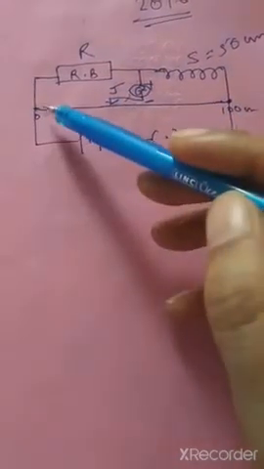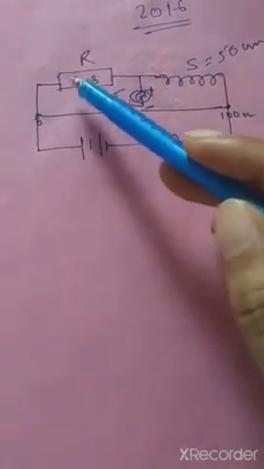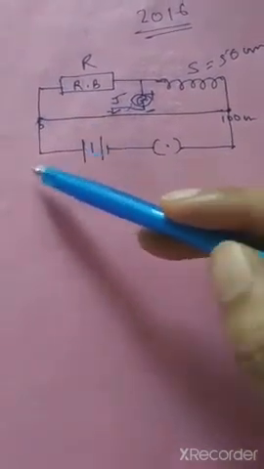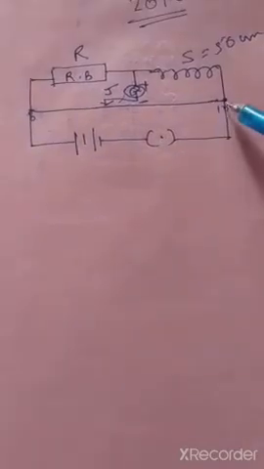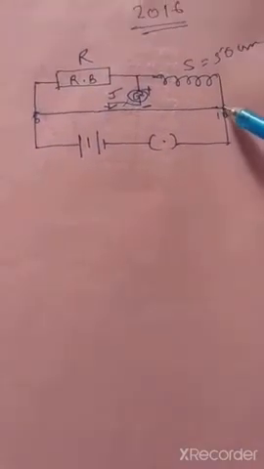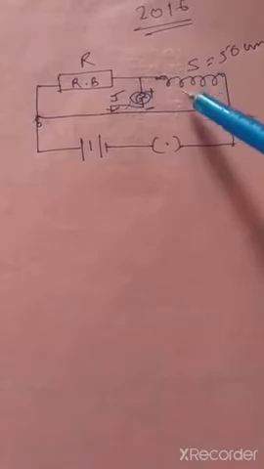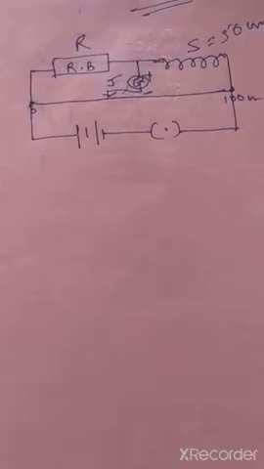Clear? So here what you will get, two connections. As you can see, this is how we'll see the circuit. At this point you will get one from the resistance box and one from the battery. At 100 centimeter you will get one end of the key and one end of this unknown resistance. Now on the galvanometer you will get two connections, one from this S and one from this R. So on the positive terminal there will be two connections, and on the negative you have one connection which is connected with a jockey.